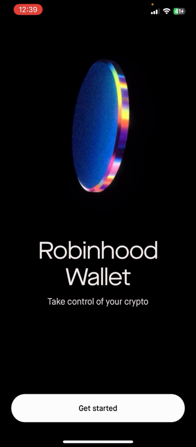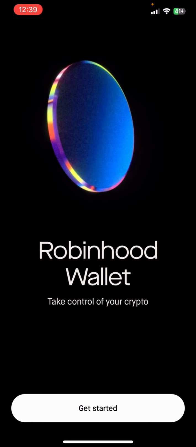So basically this is how you can download Robinhood wallet on your mobile phone,